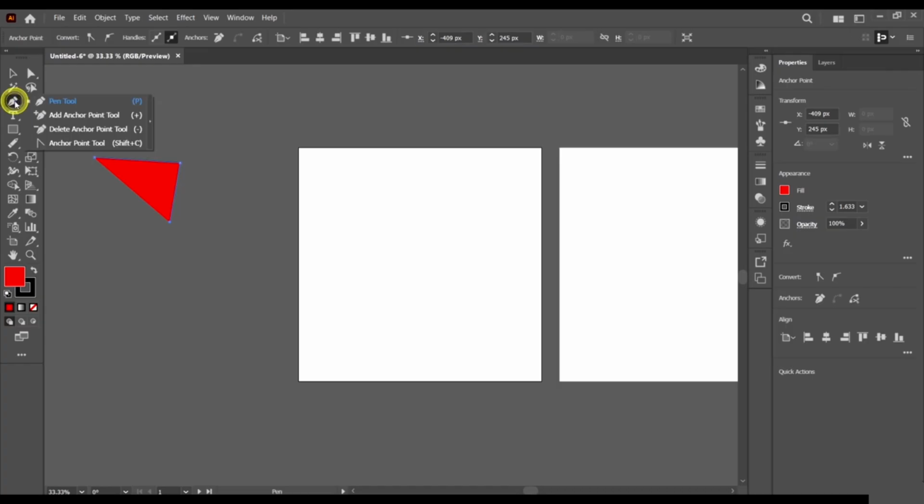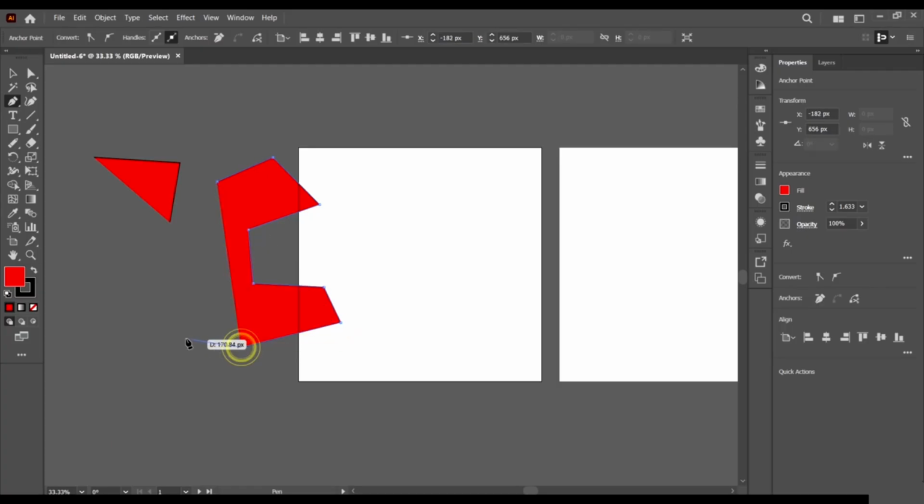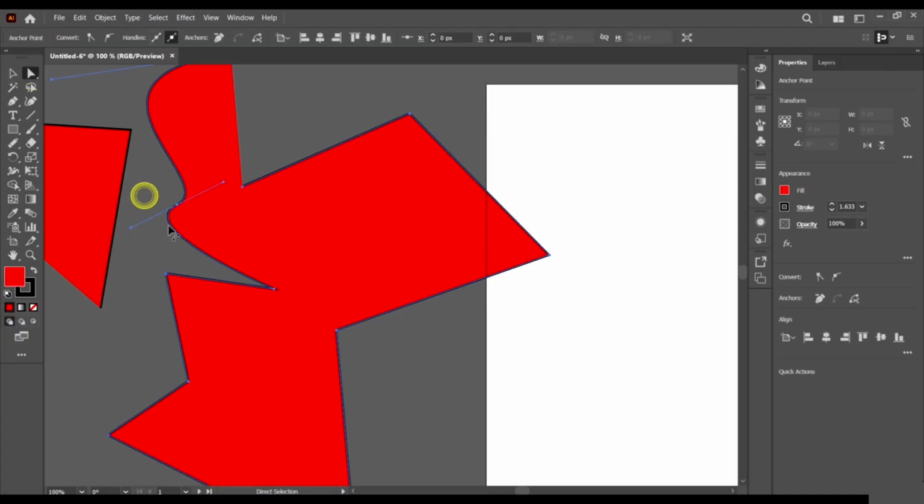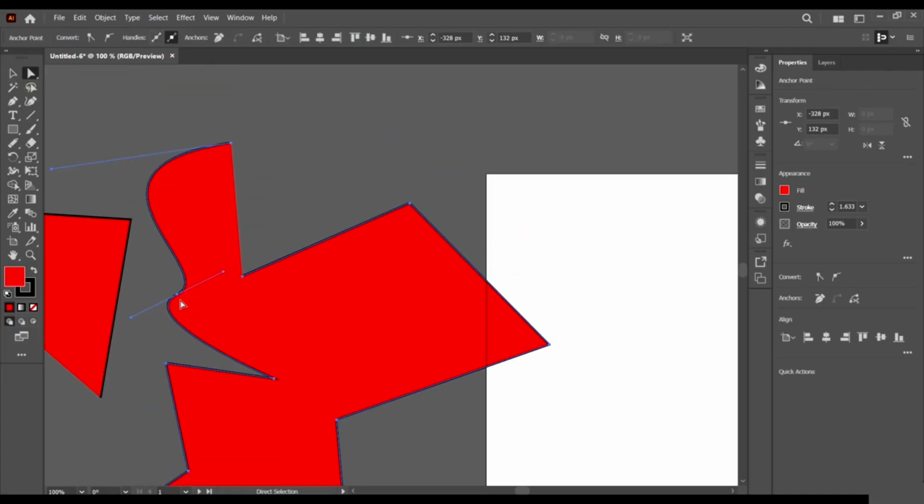And then we have the pen tool. Now this tool is used to create drawings, right? It's a pen tool, it's a pen. So you can just click and it creates a point. Click and it creates a point. You can click and drag and it turns your point into a curve, and gives it handles. So when we click this direct selection tool and select some of these curved points, we can see handles here.